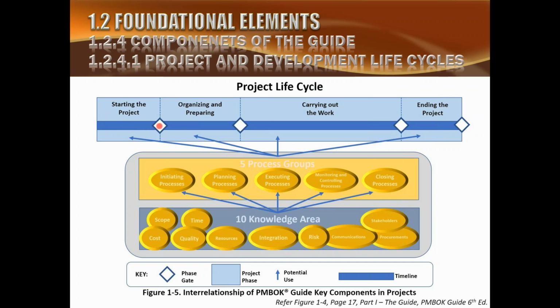And once it is completed, we enter into the next phase, and again all the 5 process groups are applied here. That is one of the reasons why we said that process groups are not phases. So within a phase, there could be application of all of these 5 process groups. These 5 process groups are not surgically separate from each other. They are simultaneous in nature. While the planning is happening, execution might be happening. When the execution is happening, monitoring and control is also happening,